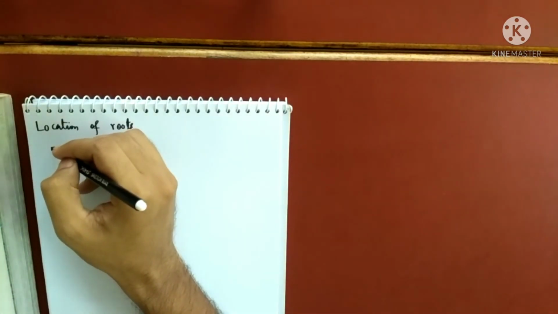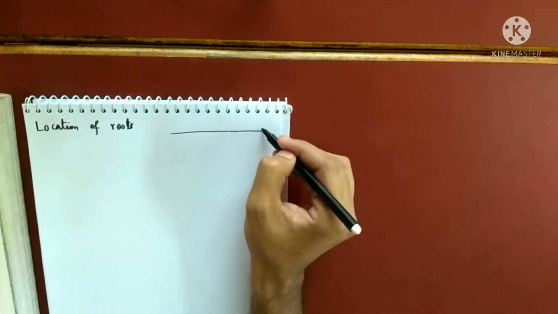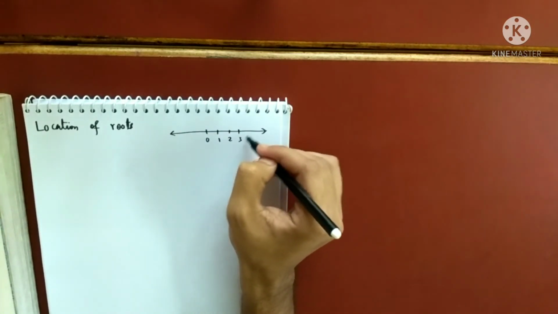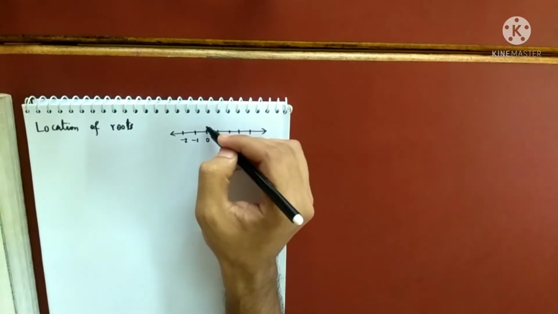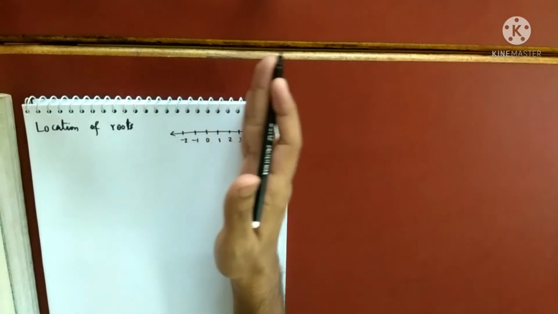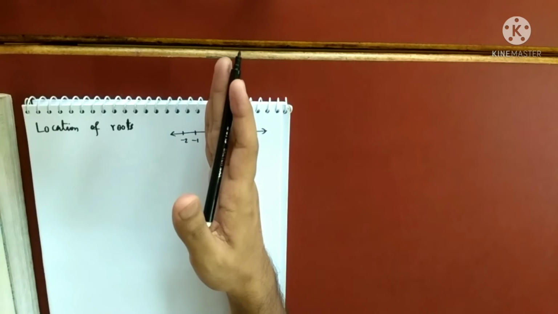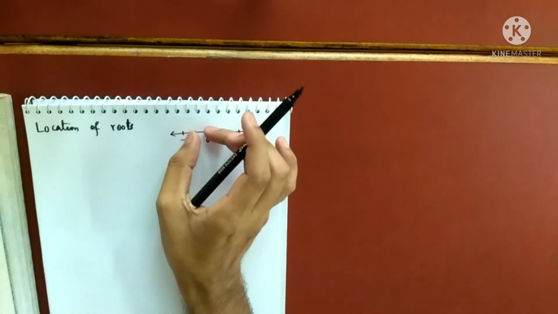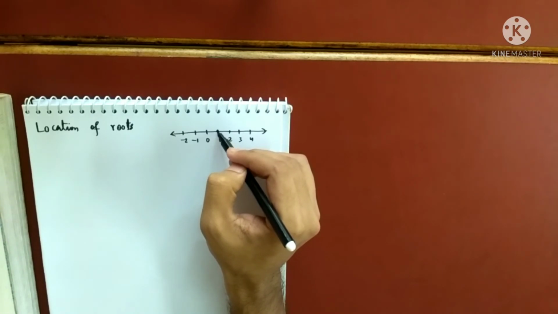So let me take, I will not take negative numbers, because this is the real line. This is 0, this is 1, this is 2, this is 3, this is 4, this is minus 1, this is minus 2. I know all the real roots are after 0, because all the roots are positive. So no root will lie in this subinterval. All the roots will lie after 0, right? But I know one root is here.